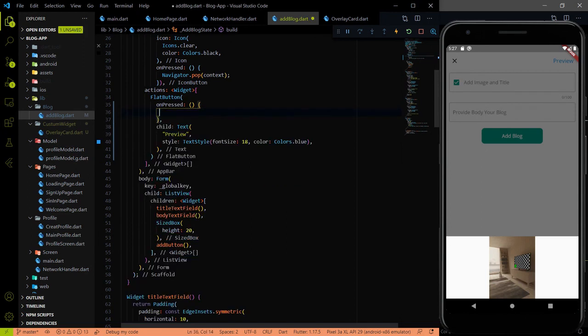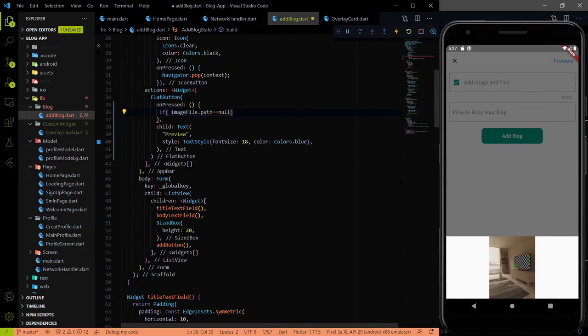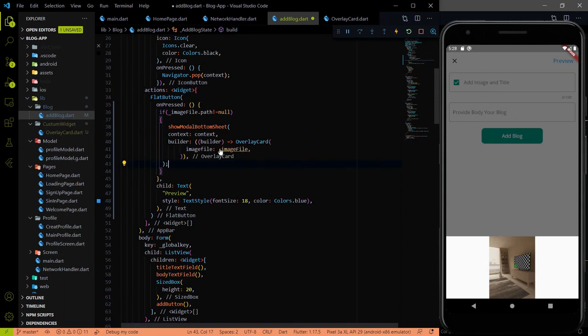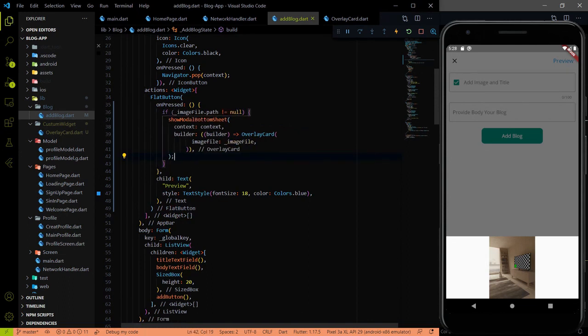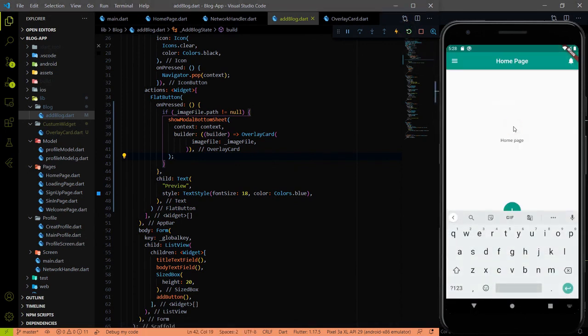So here I will write a condition: if imageFile.path is not equal to null, then only we will go there. And we have to provide a second validation, but let me just use this first. And if I refresh the page,